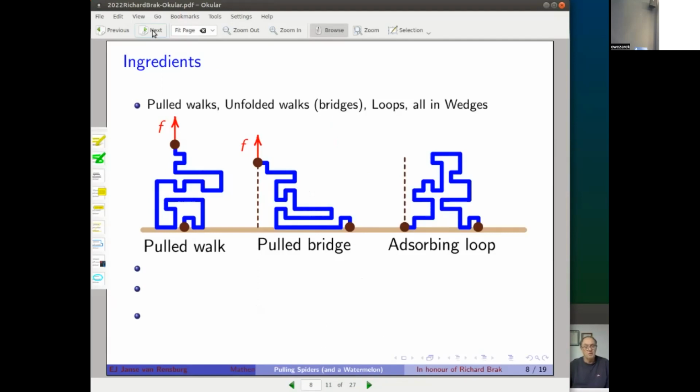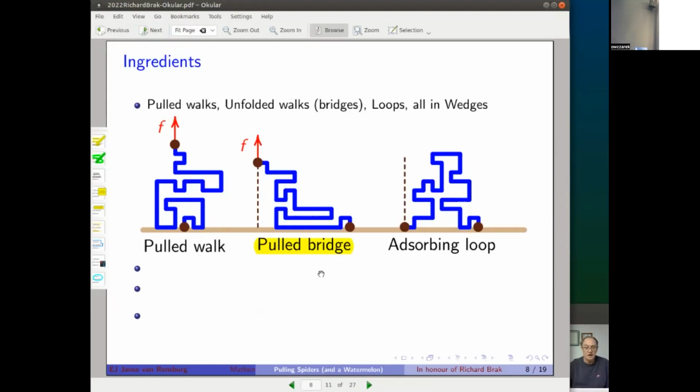Here are more ingredients. So we'll focus certainly on pulled walks. So you pull a walk at its endpoint here, and it's attached at the origin here. And you can unfold this pulled walk. So you fold it in the horizontal direction to get what's called a pulled bridge. And pulled bridges will be a critical aspect of how we go about proving that